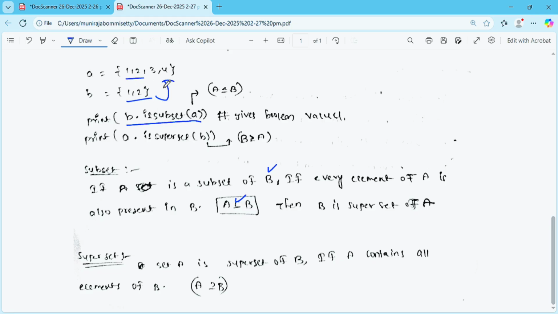Okay, in similar way superset means set A is superset to the B if A contain all the elements of